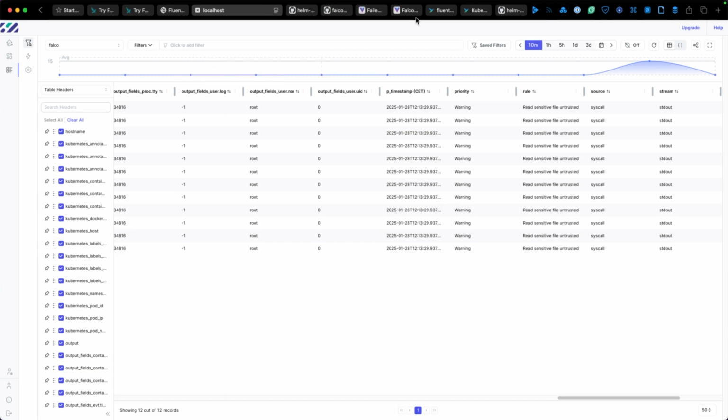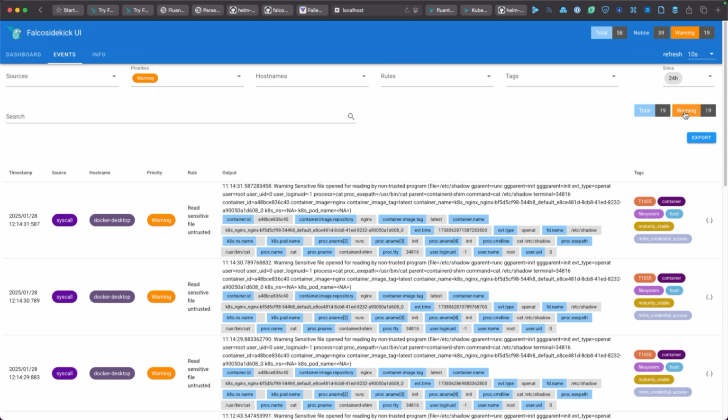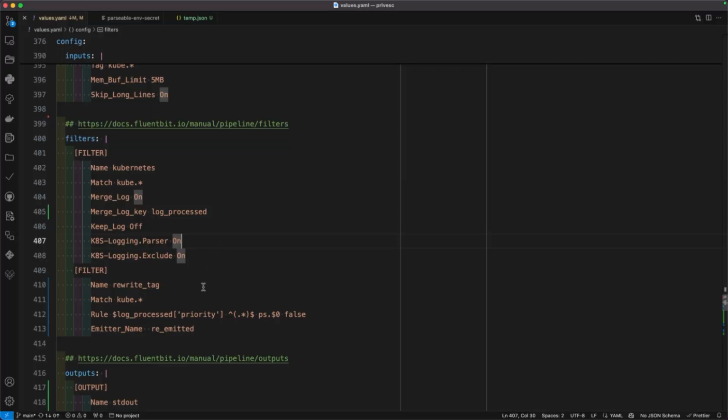And as you can see in the Sidekiq GUI, there's more than just warning events. We actually have notices as well. So maybe we want to retain both, but do different things and route them to different log streams to have different alerts, for example. So let's take a look at how we can do that. There's a couple of small changes you need to make here, not too many.